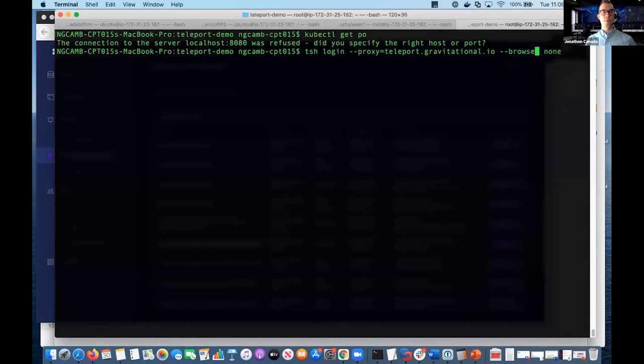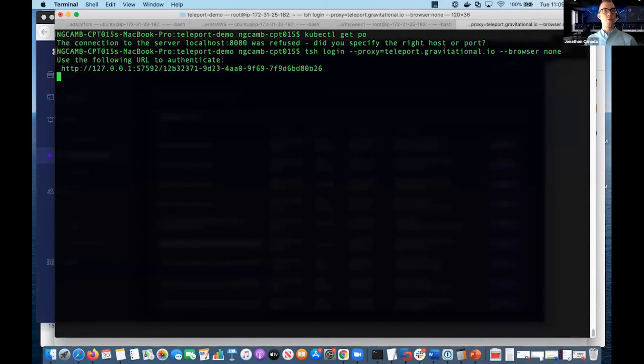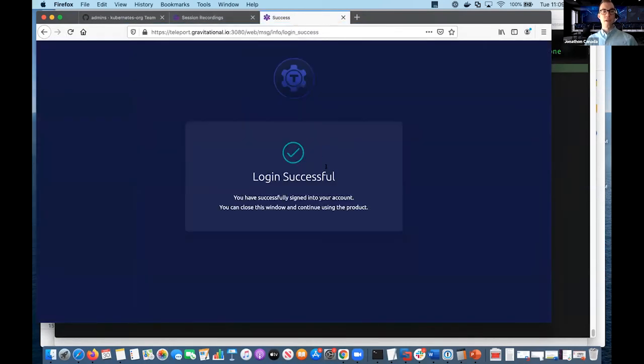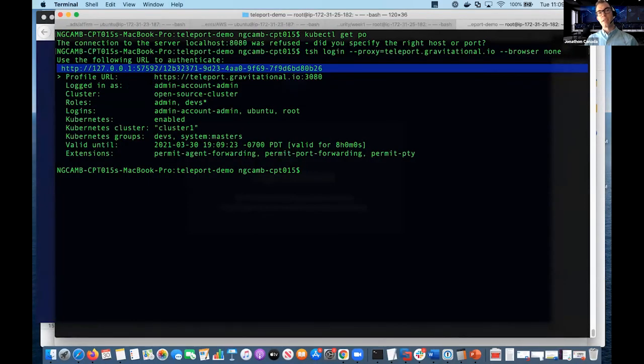But since I'm showing two different browsers, I don't want that behavior. I'm just going to suppress the automatic browser opening, just get this URL. I'm going to copy, paste this into this same browser where I'm logged in as this admin user. I have a successful login. So if I return to the CLI, you can see again, I've logged in as this admin user,